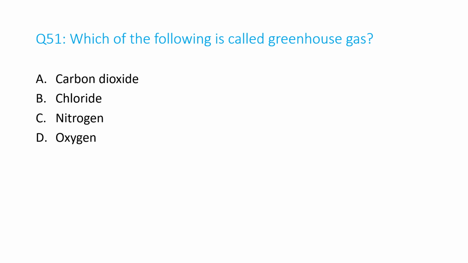51. Which of the following is called greenhouse gas? A. Carbon dioxide, B. Chlorine, C. Nitrogen, D. Oxygen. And the answer is